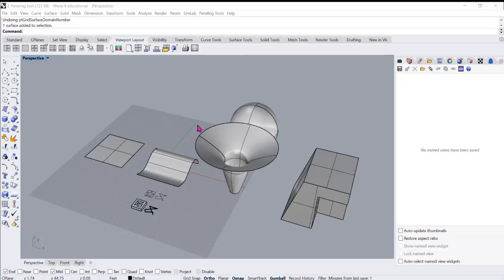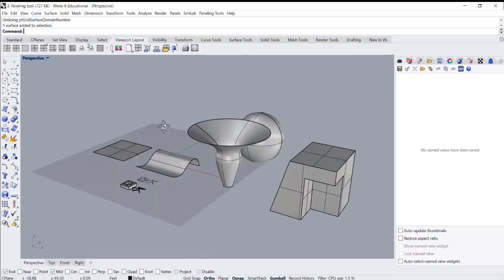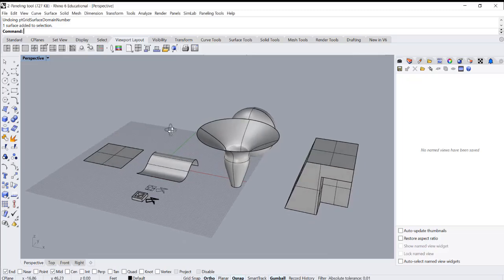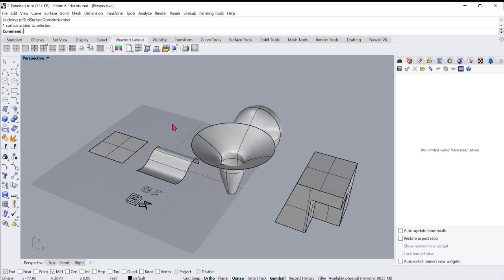Now we're going to learn how to use the paneling tool and how to create those intricate metal structures that we see all the time. Think of this like the simplest way is like we're going to build a structure that looks like the Eiffel Tower, so that kind of pattern. When using the paneling tool, you need a surface. So every single time you're gonna use that plugin, you're gonna be applying it into a single surface,